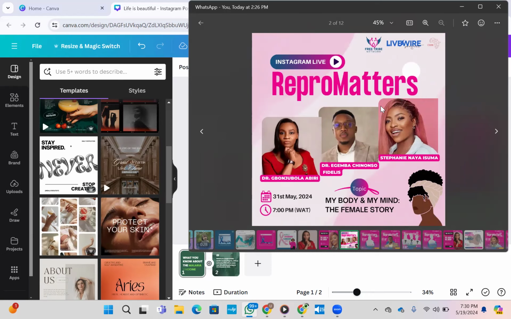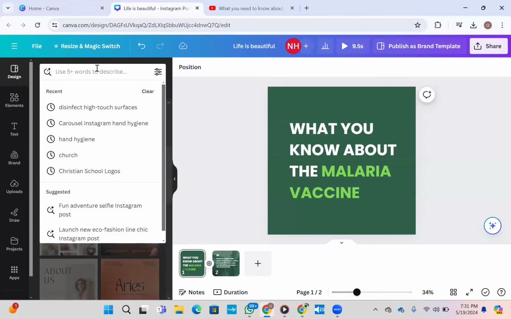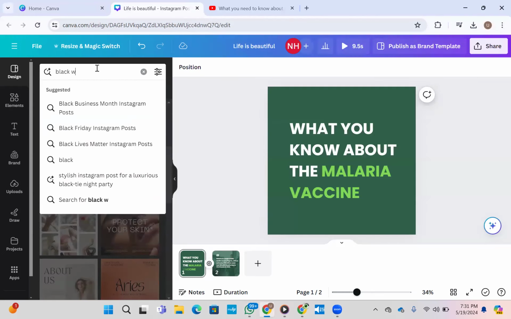The only thing is that I'm thinking about this image at the bottom of a girl that tied her scarf. How do you search for something like that? Black woman. Yes, on the elements. Okay. There will be different types of black women. You see, when you click black woman,